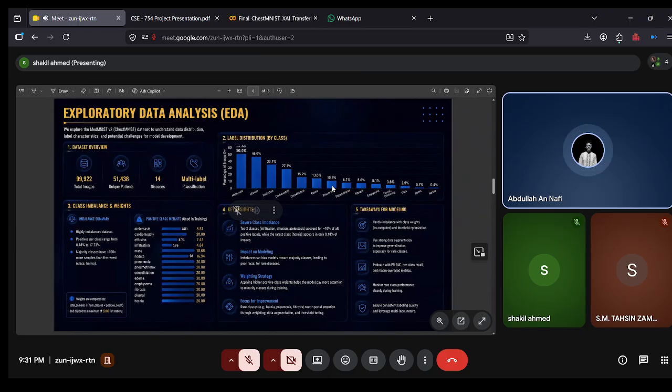If we train without handling it, the model will just learn to predict the common diseases well and completely ignore the rare ones. To fix this, we computed positive class weights, which tell the model to pay more attention to the underrepresented classes during training. For example, hernia and mass get the maximum weight of 20, while